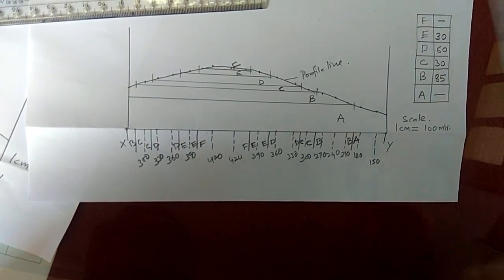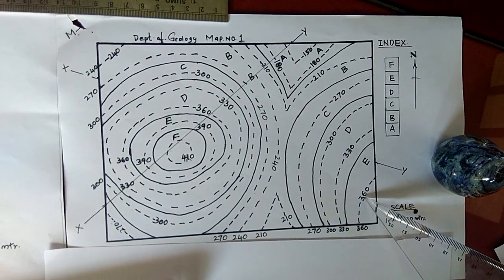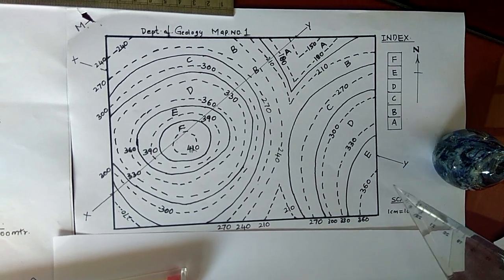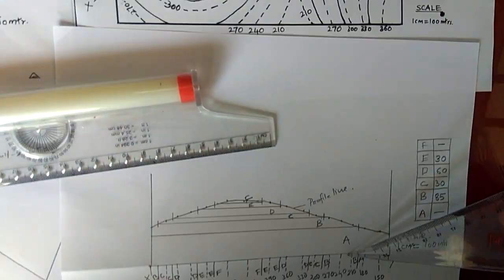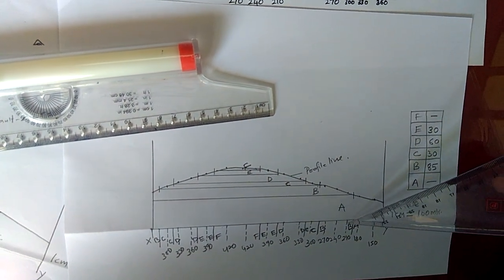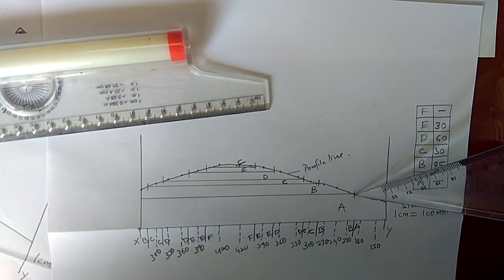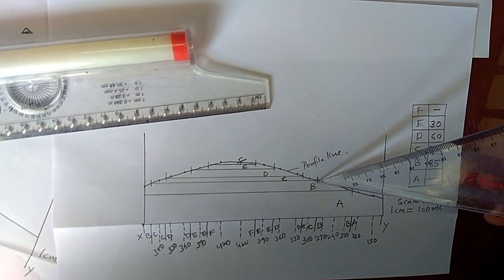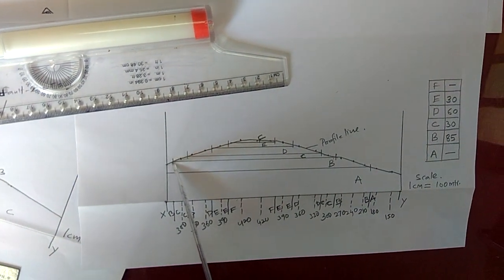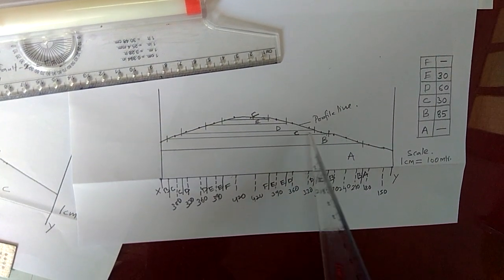And then here the bedding planes are parallel to the contour lines. Since the beds are deposited horizontally, hence we have taken these lines parallel to the base. Then we have drawn the lines which are parallel to the base. One line started from this point, a second line started from this point, and naturally it has to be joined here because this bed is representing B by C.